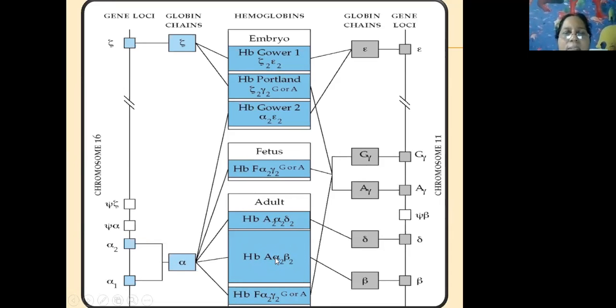Where is the gene that codes for the alpha chain? That is the alpha gene. And how many alpha genes are there? For one alpha chain, there are 2 genes, which I told you when I took sickle cell anemia itself. And where is that alpha gene present? Chromosome 16. So you have to remember chromosome 16, 2 alpha genes coding for 1 alpha chain. Whereas for beta,